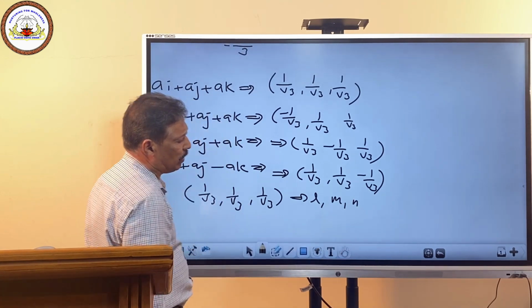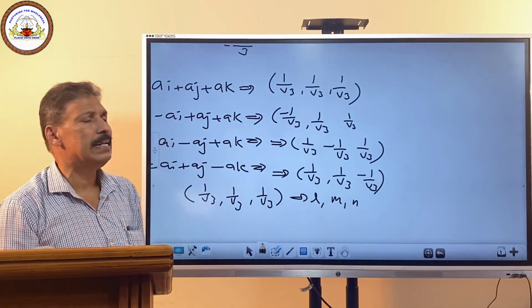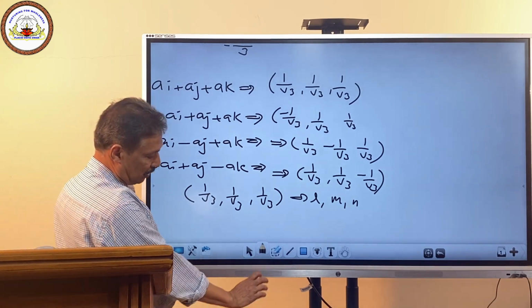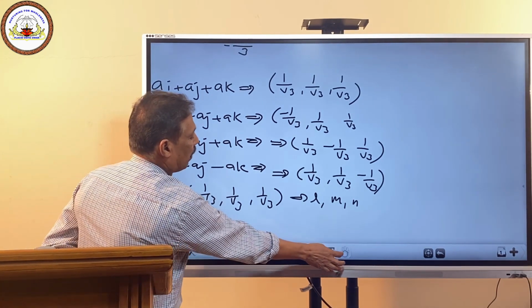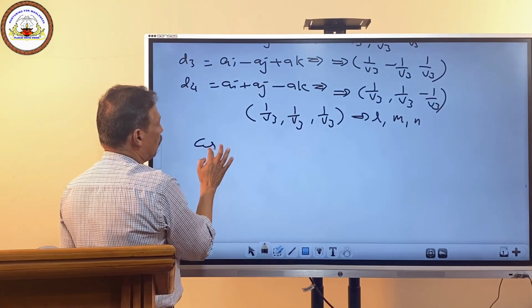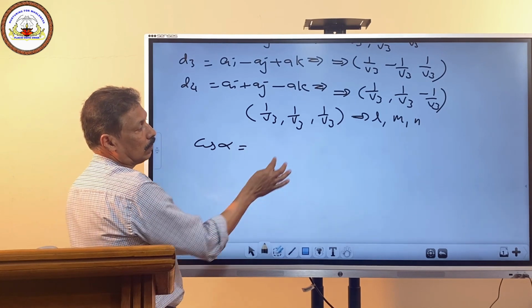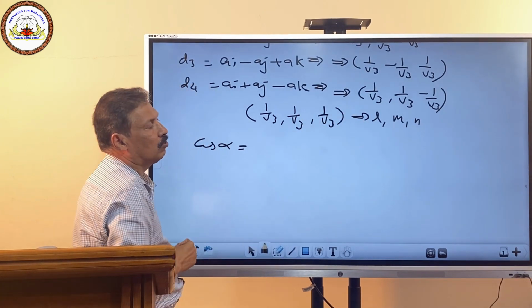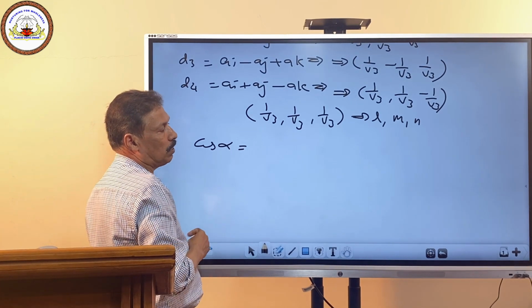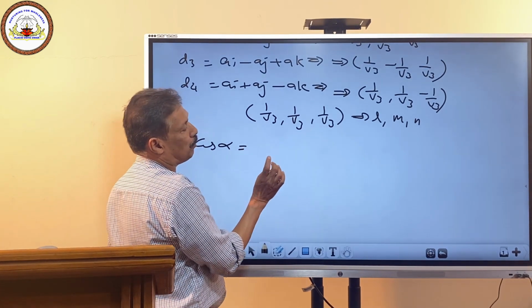Here also, angle between two lines or planes is a deleted topic. So sometimes this question is also a deleted question. Then again we can solve, that's an important question. Cos alpha equal to, for two vectors whose direction cosines are given, cos theta equal to a bar dot b bar divided by mod a into mod b.